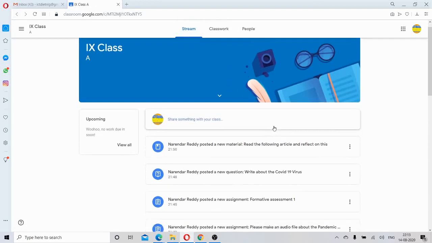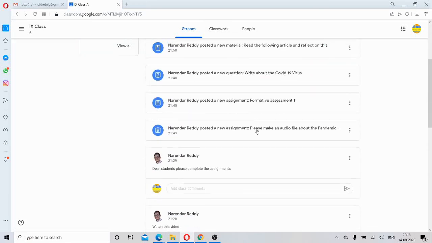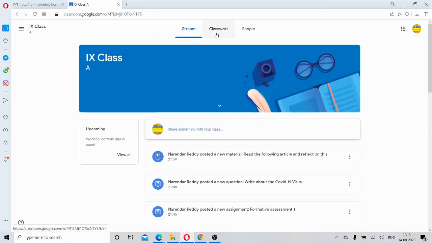This is all about Google Classroom. With the help of Google Classroom, we can give assignments to our students. We can conduct quizzes, which means we can conduct assessment through different modes. Coming to the assignments, we can take assignments in the form of a document, in the form of an audio file, in the form of a video file, whatnot, everything. So this is how we can ask them to do, and I think this is the best asynchronous method.